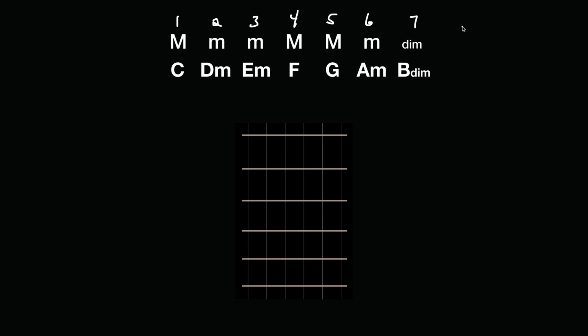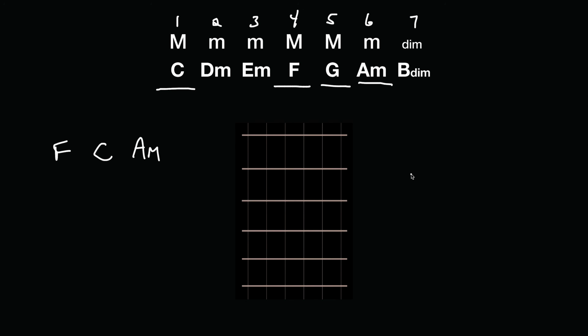Let me show you one little application of why this is so important to understand key and chord families, but beyond this. Once we understand the principle of key, now we know numbers. And when we know numbers, this changes everything. But we have 7 positions. And here are the big 4: C major, F major, G major, and A minor. Now let's say you have a chord progression in your song that is F, C, A minor.